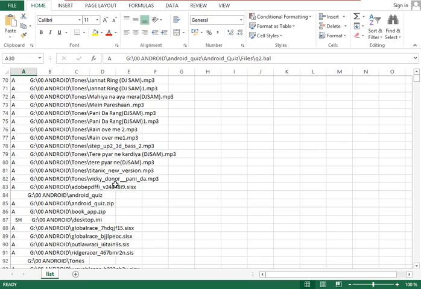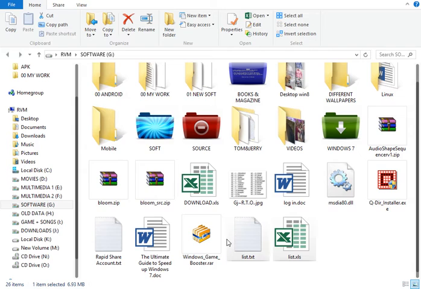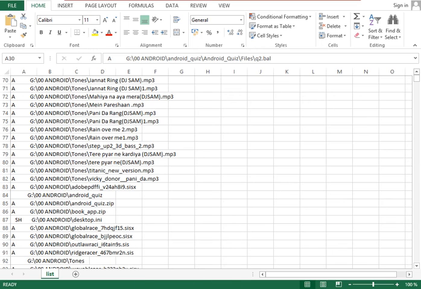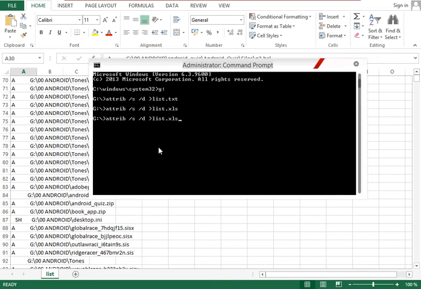But that is all the files. If you want to prepare a list of only movies in the form of mkv, just put star dot mkv at this location. So now our command will be attrib space /s space /d space star dot mkv.